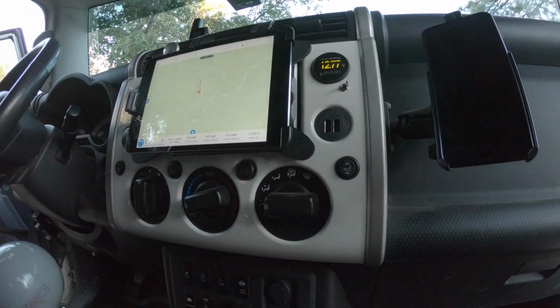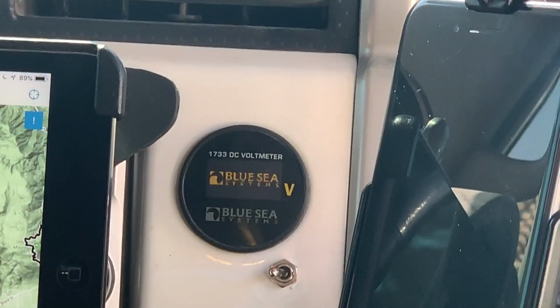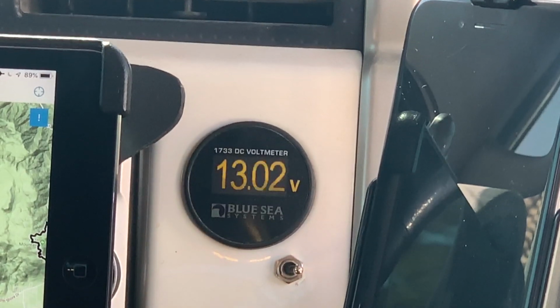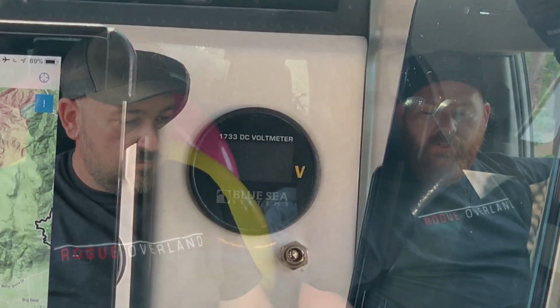There's a charge port that is directly to the right-hand side. There were a couple of factory lights that had been removed, and the Blue Sea USB charge port was added in. Sorry, a voltage meter that will monitor both batteries. The switch in the middle position is neutral, nothing gets shown. Left will show the battery voltage for the main and start battery, and when it's flipped to the right, it's